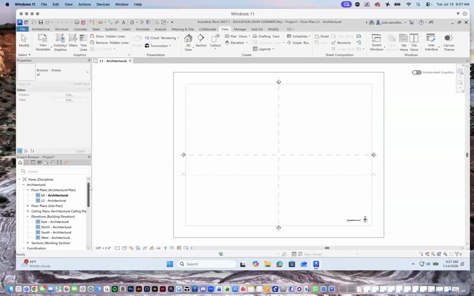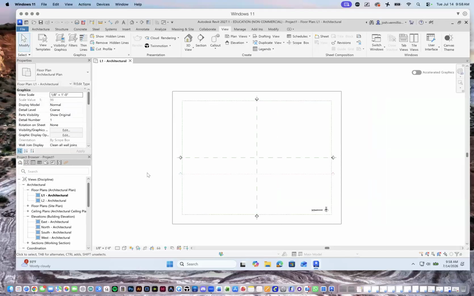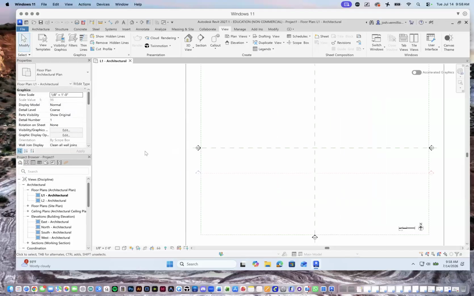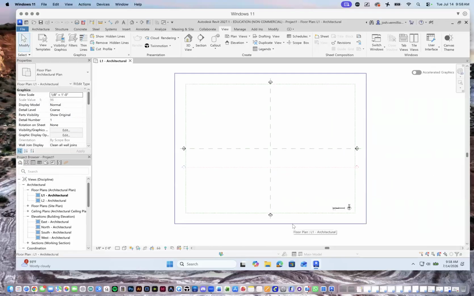That's when you really start to learn about the ins and outs, the deep learning about drawing sets. But anyway, another thing that I think is interesting is that when I have this floor plan, this is level one